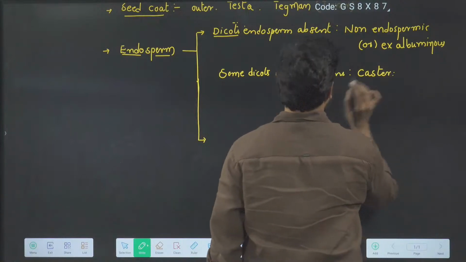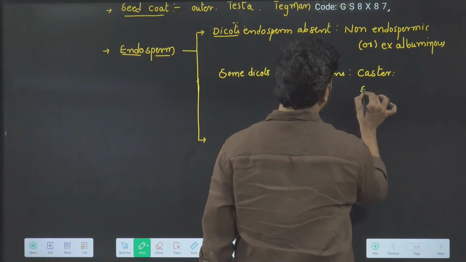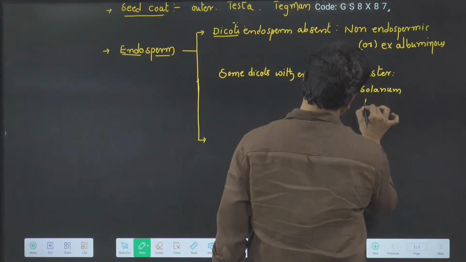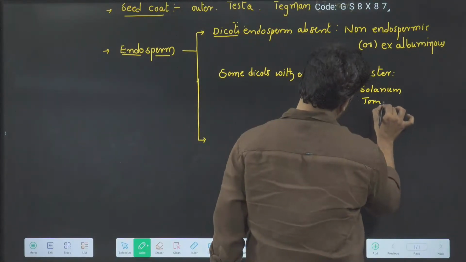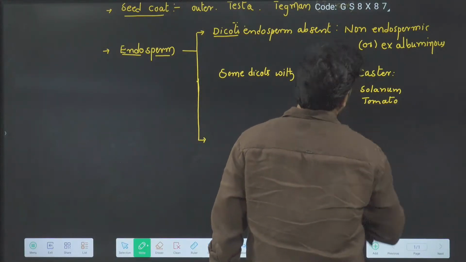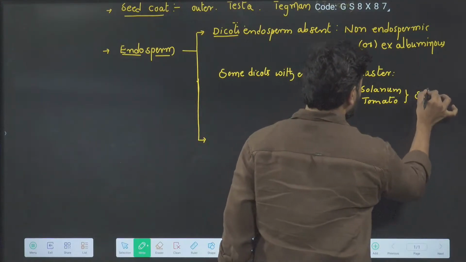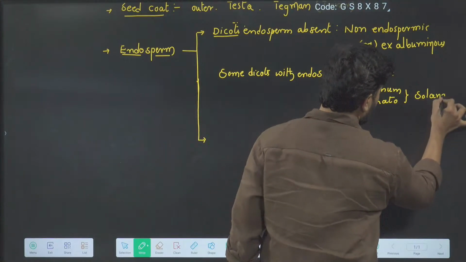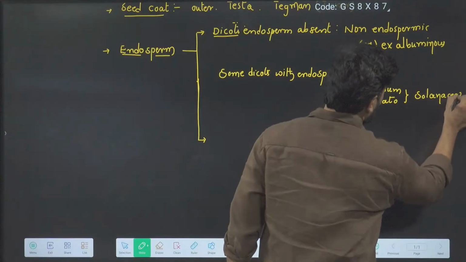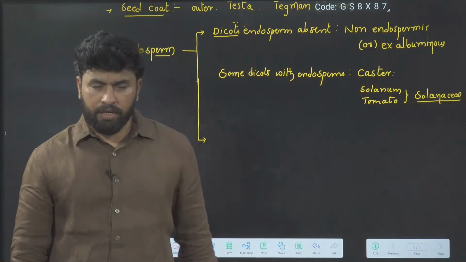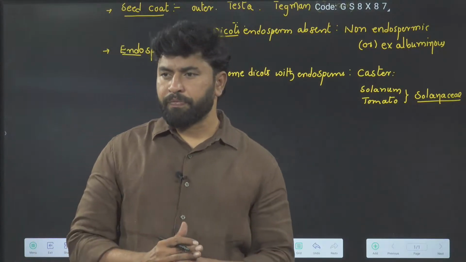But apart from that, we add Solanum, tomato, and also other members of Solanaceae. Very, very important, I think it is also mentioned in our NCERT book. There is a family of dicots that possess endosperm, that is